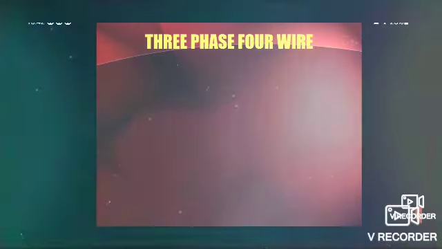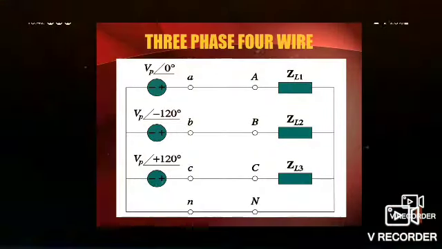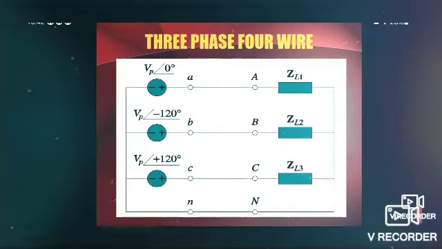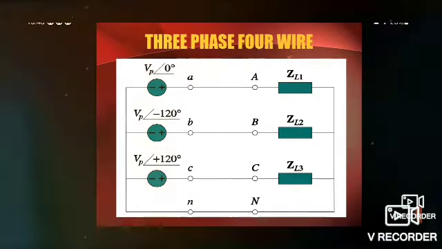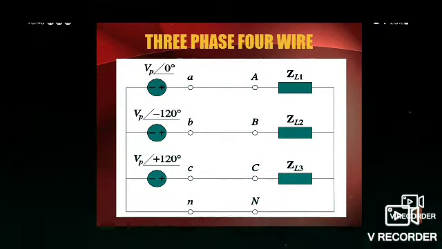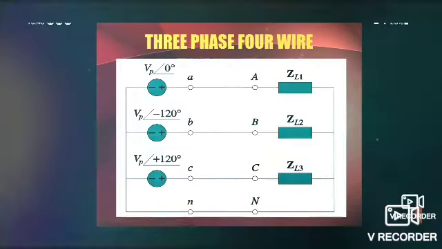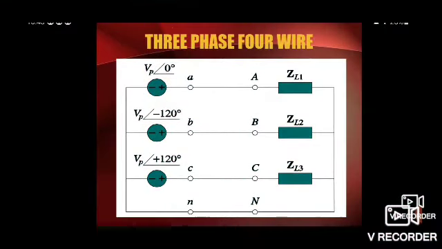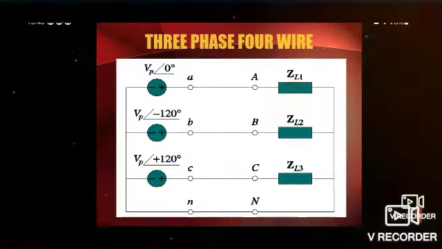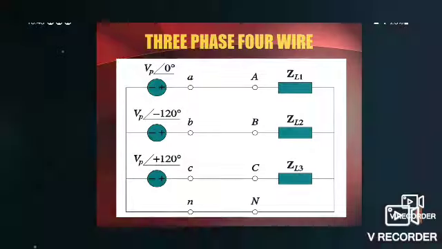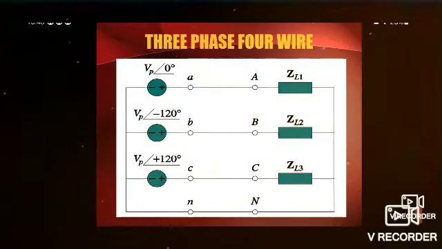Then we will see three-phase four-wire system. The diagram shows the three-phase four-wire system. It has three phases A, B, C and a neutral wire. So it is called a three-phase four-wire system. The voltage lags behind Vp. A phase lags the B phase by minus 120 degree. So the phase difference is minus 120 degree and the phase angle between A and C is minus 240 degree, otherwise plus 120 degree between C and B.